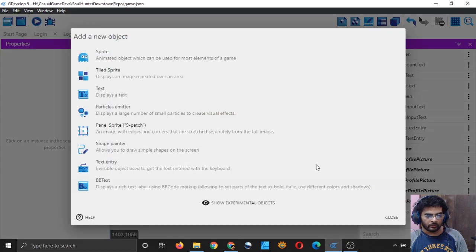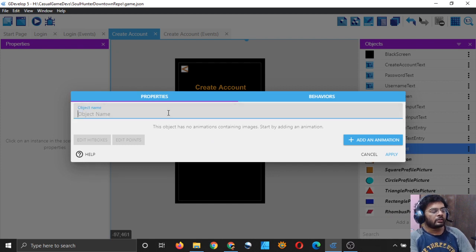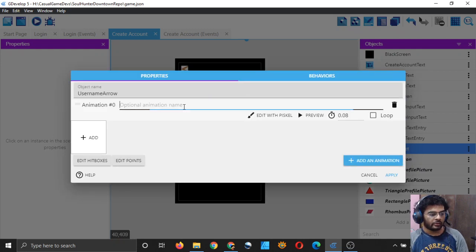I will add a new object, and it was a sprite, and I think I will simply type username arrow, I guess, and give it default animation name, and I will add the image which we created for the login scene.